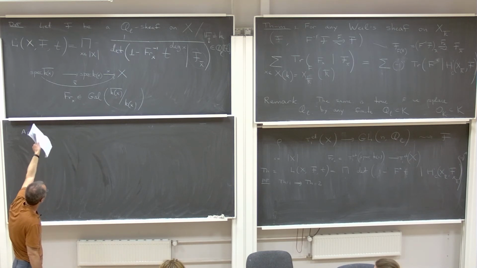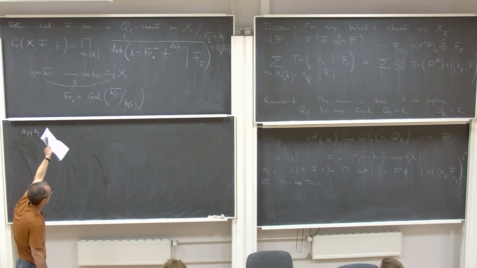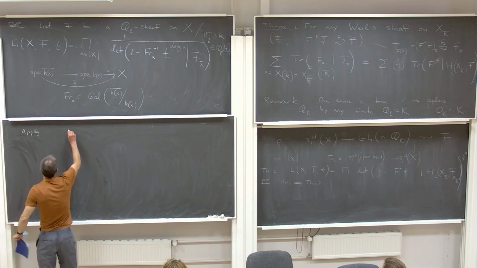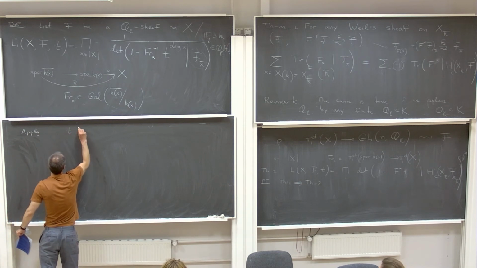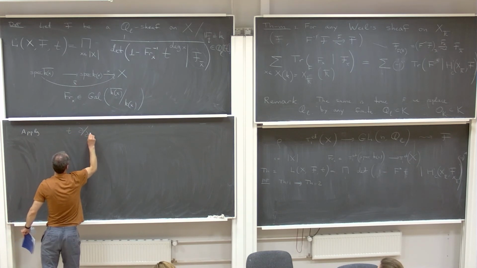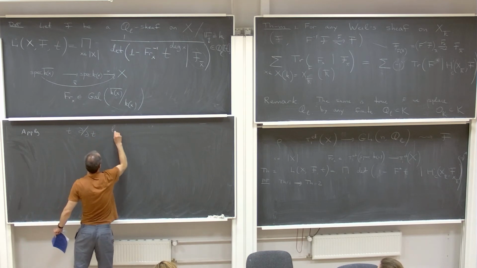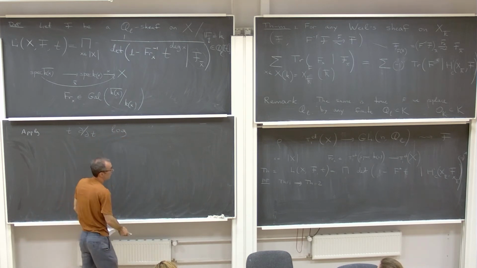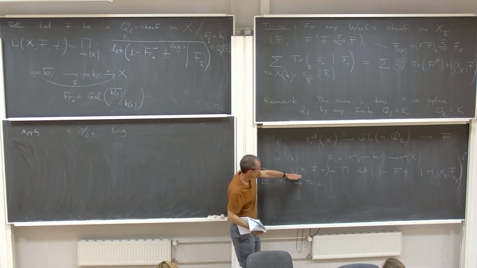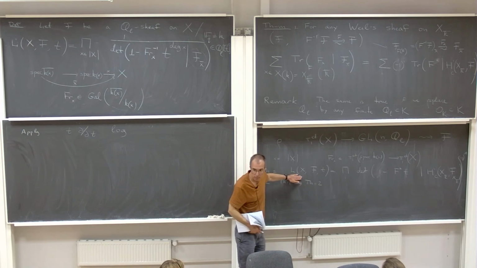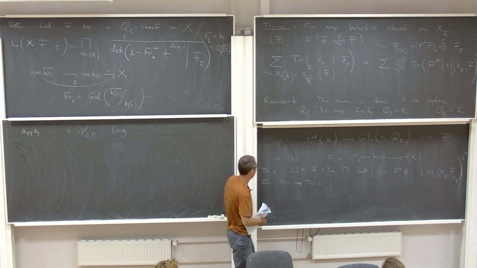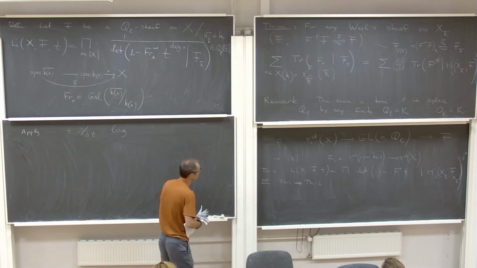The constant terms are 1, so it suffices to prove the equality after applying the operator t d/dt log, taking the logarithmic derivative. So I will take this identity, I will apply this operator, and then